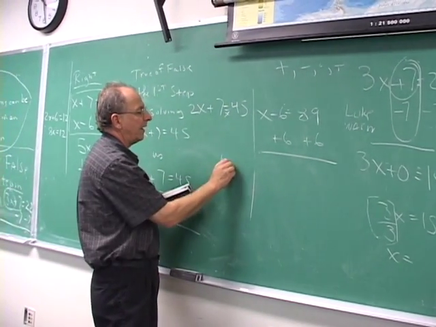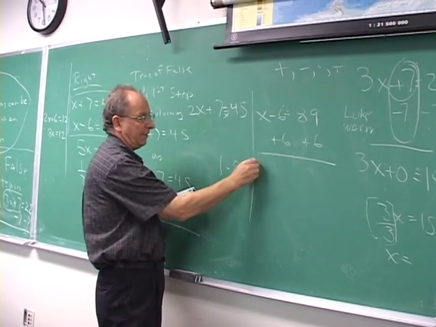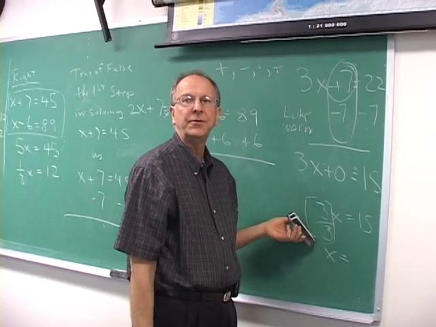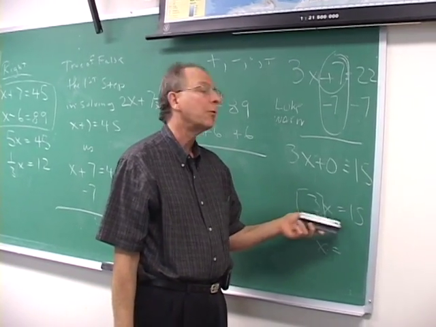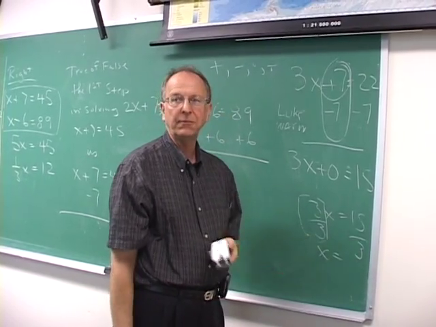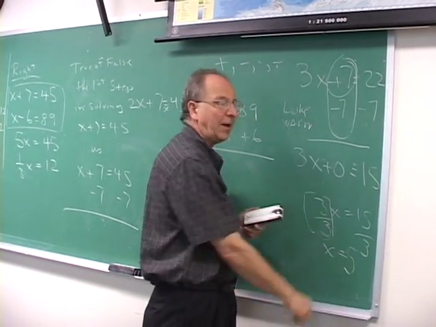If I took 1 times 8, does anybody know the answer to that? 8 is right. Good. Same with the x. But if I divide 3 on the left, I have to divide what on the right? 3 is right. Good. What if I gave you this by itself, 15 over 3? It would be what? 5 is right. Good. You see, the thing is, you have to do a little more